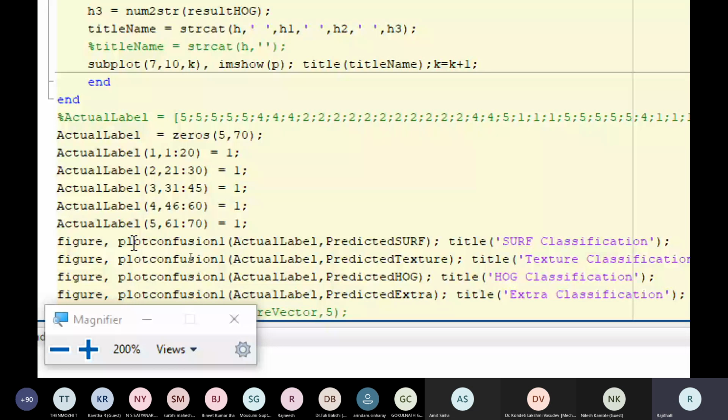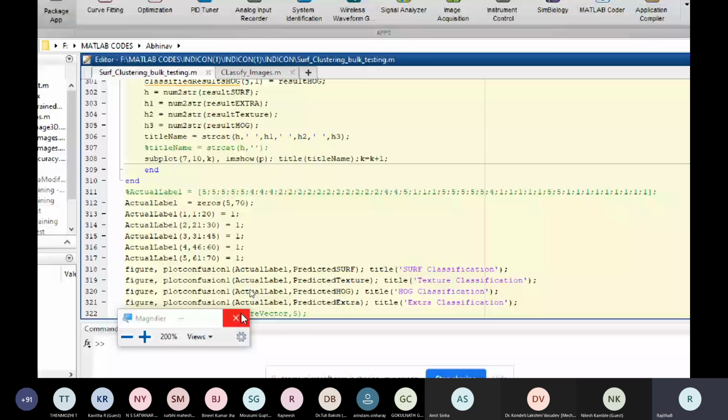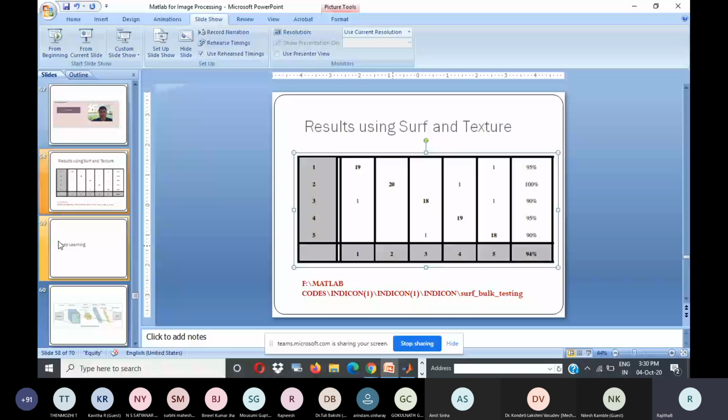This will plot a confusion matrix of all of them, somewhat similar to this. So like this, you can train your classifier.